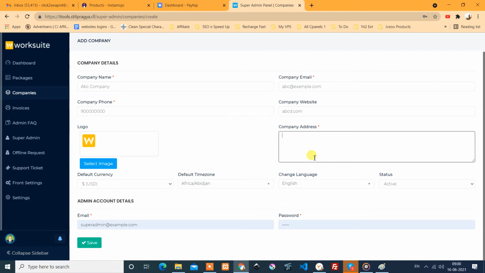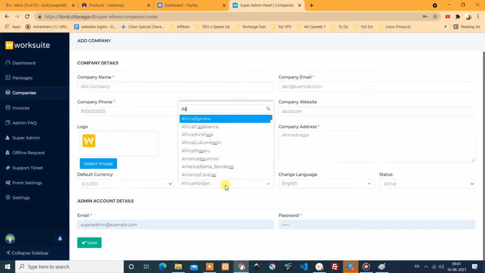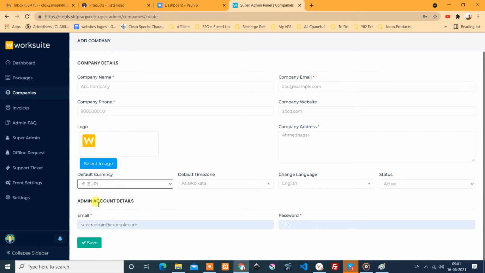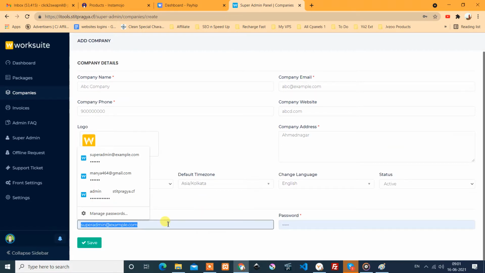Here we can have the address. Asia Kolkata. Currency we can also check INR. Active. And we have to give some account for this company, and this is the admin account for that.